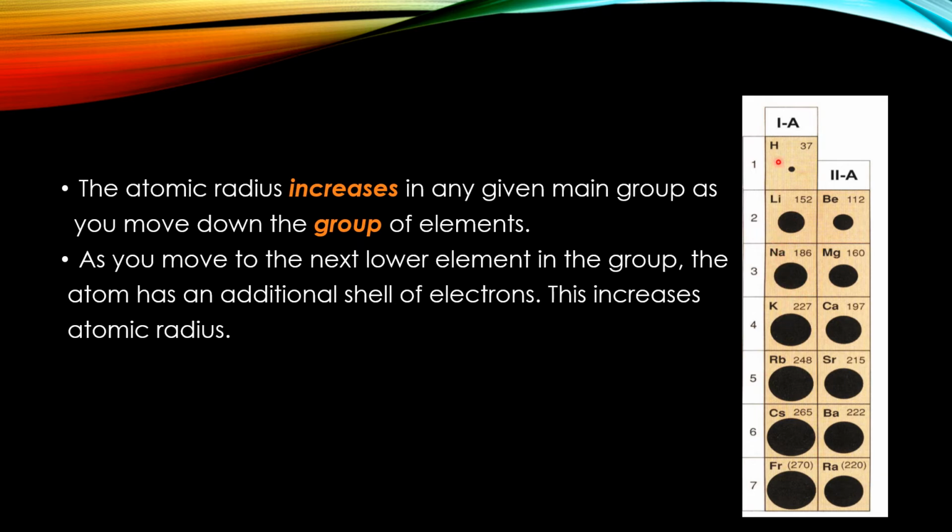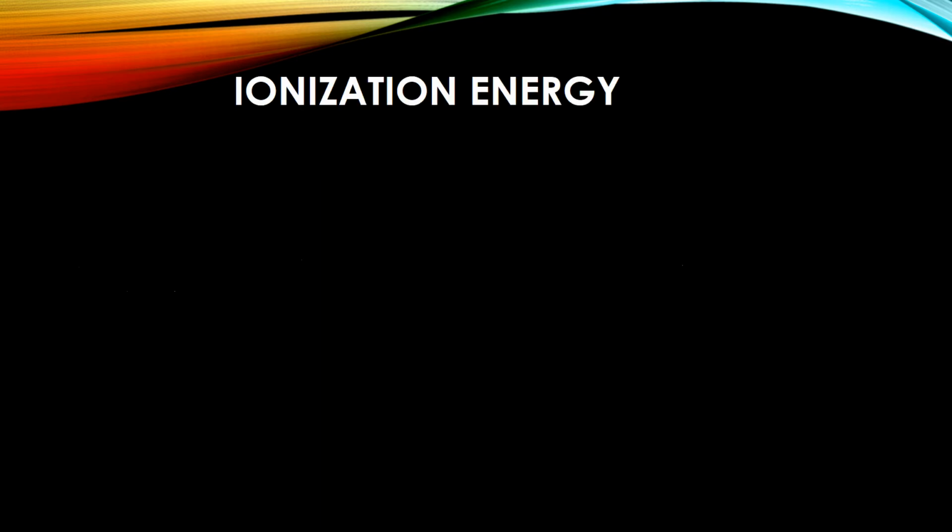You can see that hydrogen in the first period contains one shell, lithium in the second period contains 2 shells. Next is sodium containing 3 shells, potassium containing 4 shells. So the number of shells is increasing. It means the size of the atom is increasing by the addition of these shells. So when we are moving down a group,